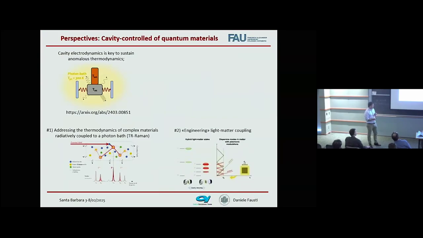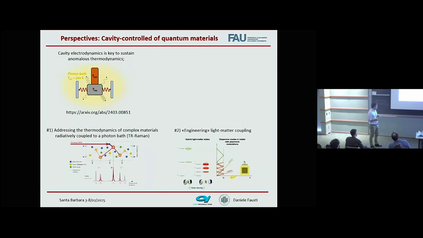And the other effort, which I think would be a nice discussion, is an effort where we try to engineer light-matter coupling, in a sense giving momentum to the photon, just through this plasmonic structure, as we have seen also in the previous seminar, and I'm sure we will see more in the week. Using plasmonic structures, we can bring the coupling between matter and light, which usually is at zero momentum, to finite Q. So at that point, we could treat light as we treat any other boson in condensed matter, such as electron-phonon coupling, or the coupling to any other boson in the system which has momentum.